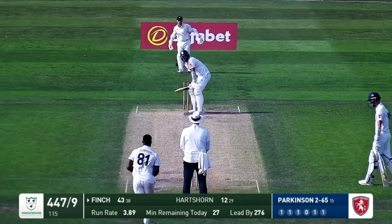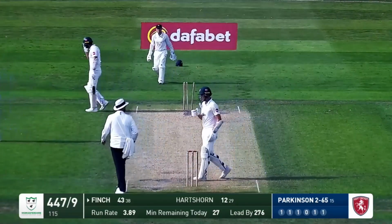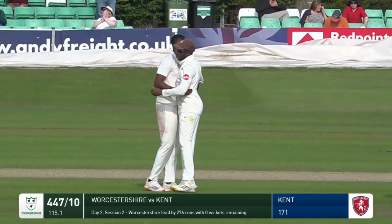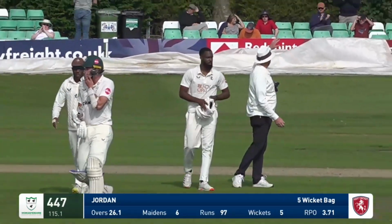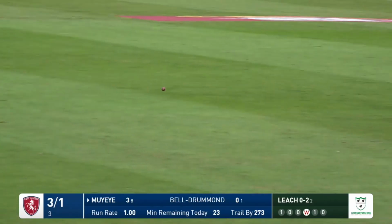Worcestershire should have time to wrap up victory. And there, as Jordan does get his 5th wicket, as Finch with a big swing across the line and the ball cannons into leg stump. And that concludes the innings. Worcestershire 447 all out. Taylor to bowl to Muyeye then, drive, good looking one too, and that'll go for 4,